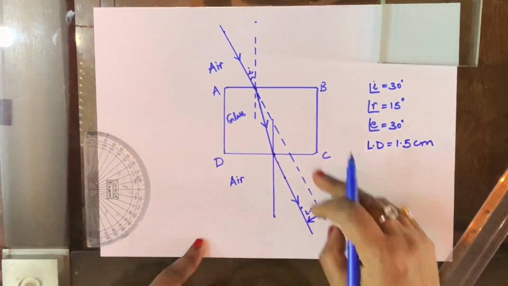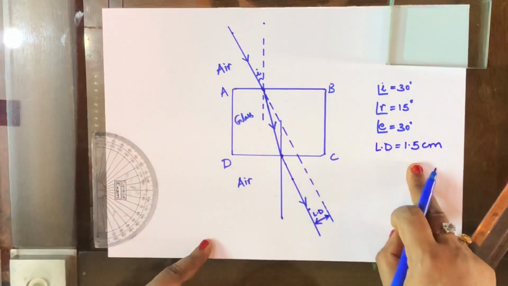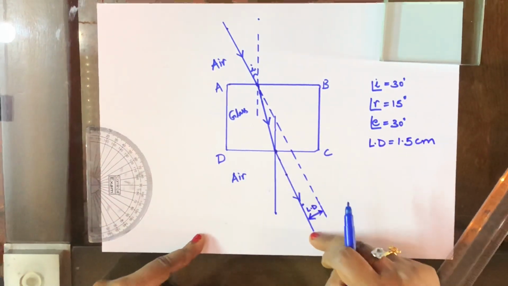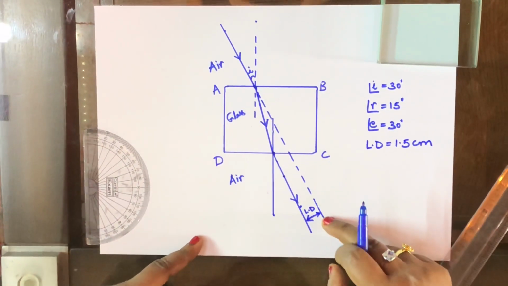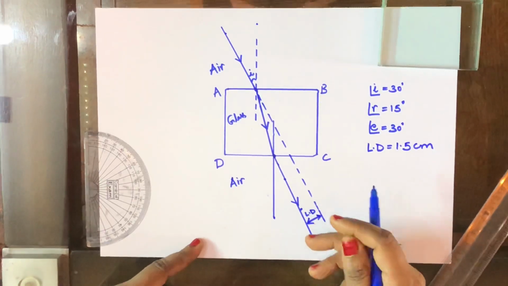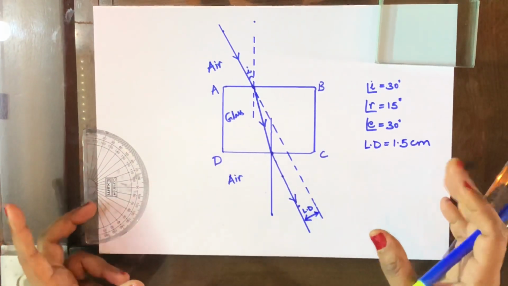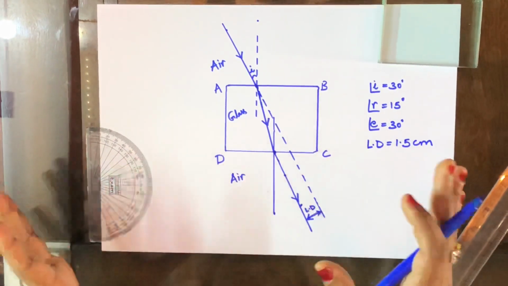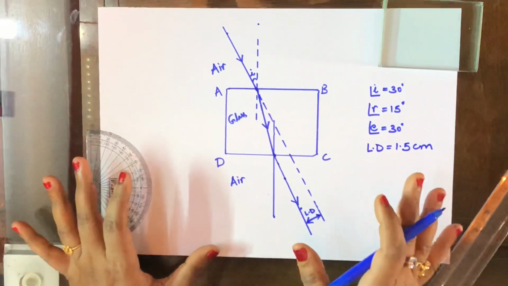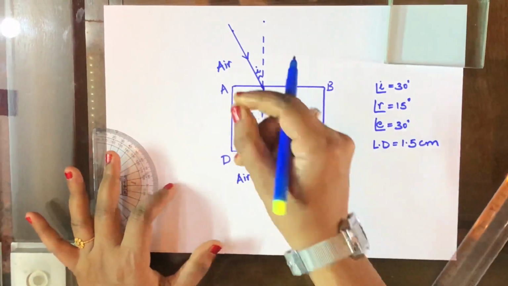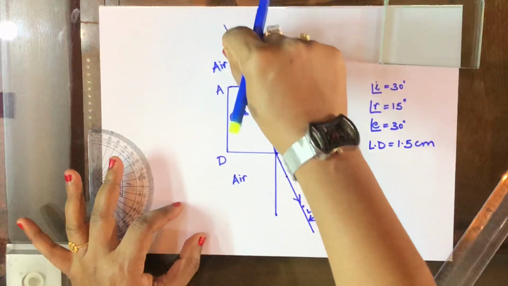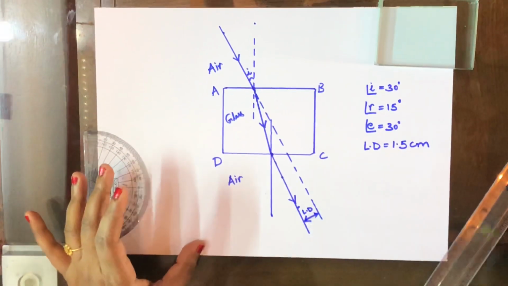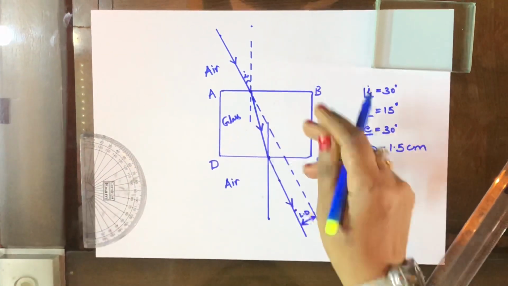So this is how we have measured all the angles as well as the lateral displacement. Once again I repeat, the lateral displacement is the distance between the emergent ray and the extended incident ray. And while performing the experiment, we have to use a wooden board and fix the white sheet of paper to the wooden board with the help of thumb pins so that the arrangement should not move. So this is very important, and we can also take pins to place on the incident ray as well as the emergent ray. But here I have taken pawns and demonstrated the experiment.